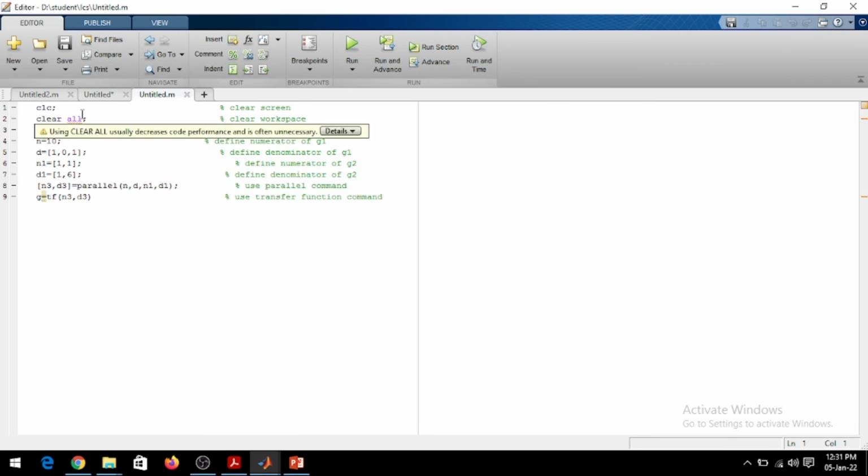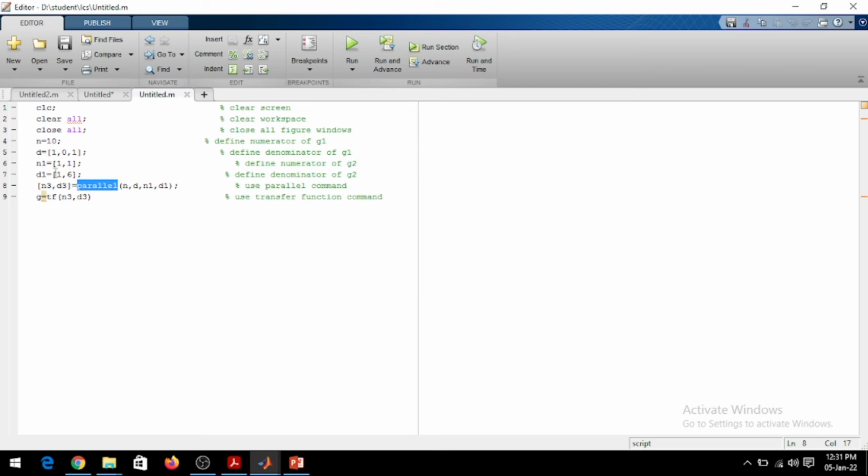Okay, this is your other program for parallel operation. Similarly, you define everything for parallel operation, and here we use the parallel command to perform the parallel operation.